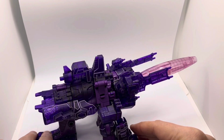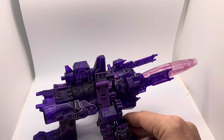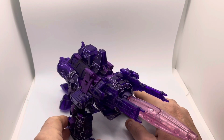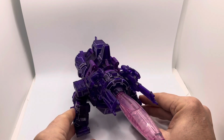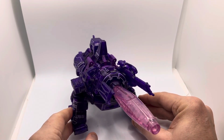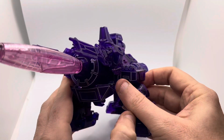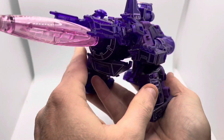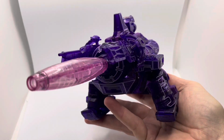There's a nice little area here which could house another Transformer figure if you were to give the effect that it was like a cannon. What do I want to call it? A cat, like, so it could be manually operated by one of his compatriots. It's not the heftiest of hefty figures, but it does have a real presence and a real weight to it, and I think